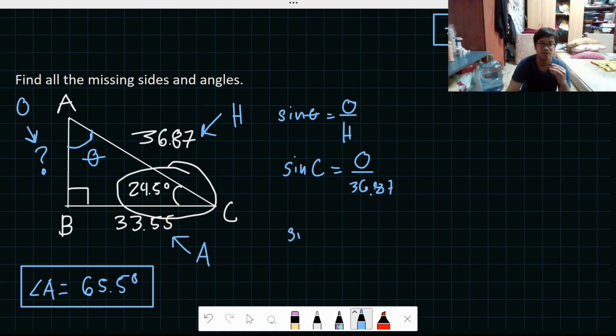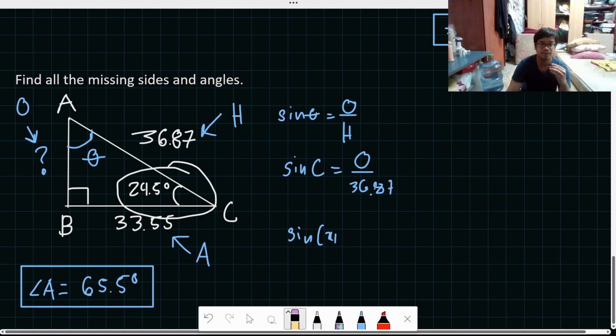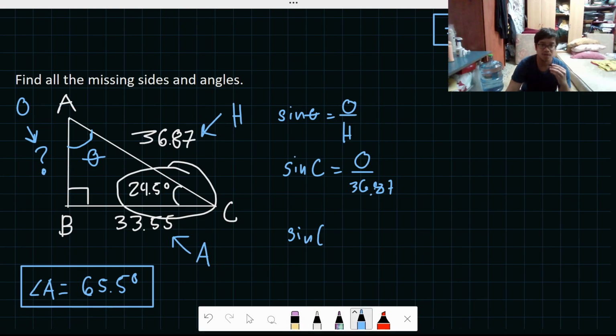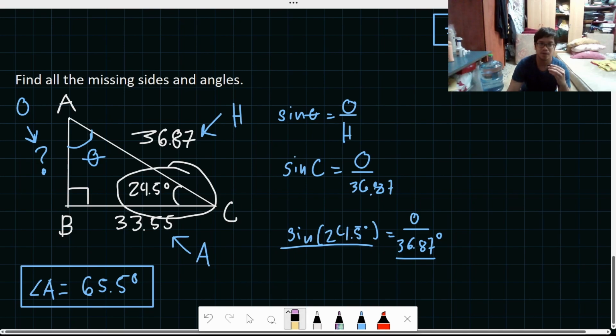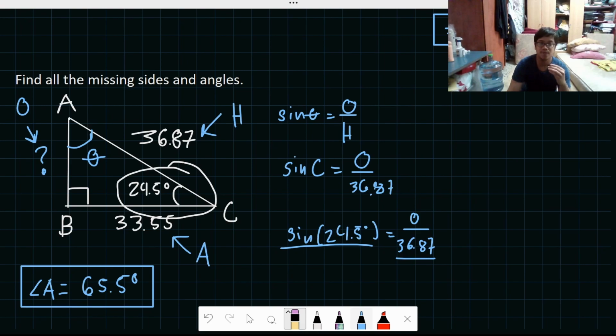And remember that your C is 24.5 degrees. Sine of 24.5 degrees is equal to the opposite all over 36.87. Right, there we go. Now that we have two given terms